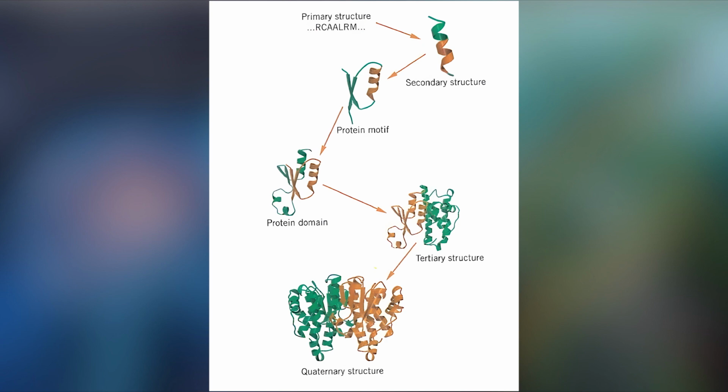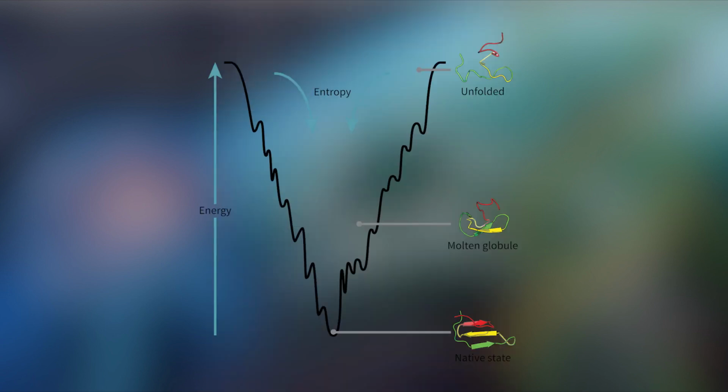Another idea, which is not necessarily contradictory with the stages idea, is a folding funnel hypothesis, which is basically where the protein moves down in an energy well, if you like. This is metaphorical language, but the idea is it continually moves to lower and lower energy states, more and more stable conformations, basically. And sometimes it can get stuck. You can imagine if I dug a hole, and then on the side of the hole I dug a small groove. Well, if I poured water into the hole, some of that water would get stuck in that